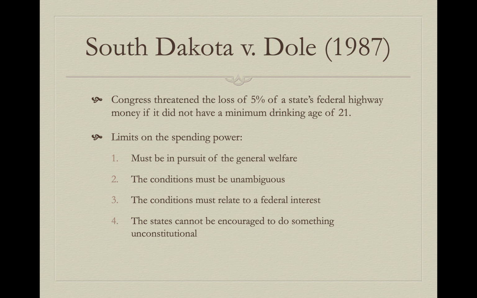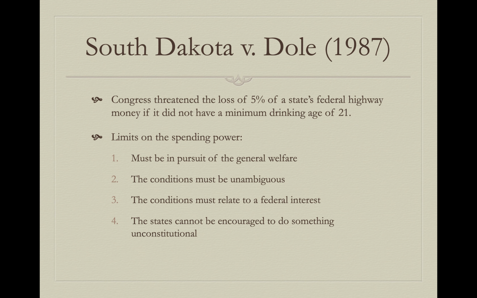And then the fourth is usually not that big of an issue. The states can't be encouraged to do something unconstitutional. So looking at this particular case here then, how does the court go about upholding the national drinking age via the spending clause? What is the interstate problem that requires a national solution? So one of the problems here is that